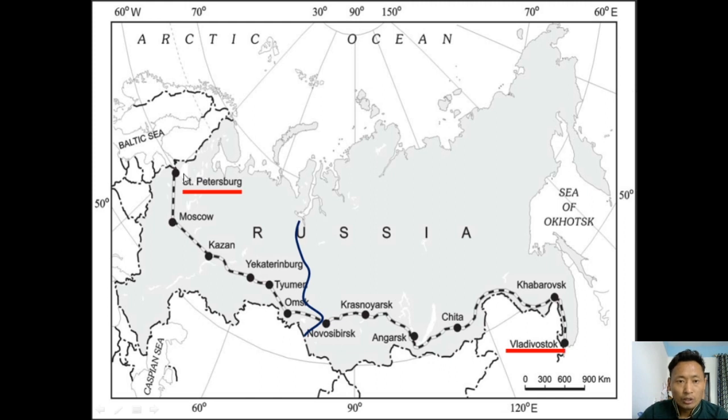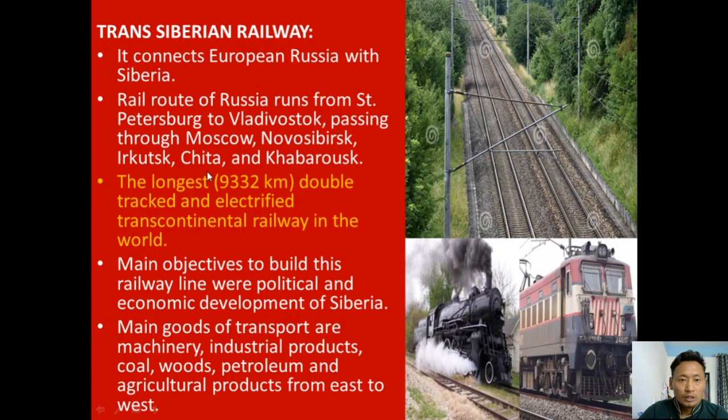So these are two end stations. In between stations such as Moscow, Chita, these are the in-between stations. Next,